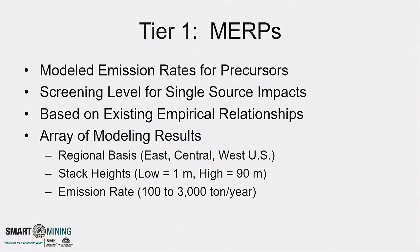So modeled emission rates for precursors were what were developed by EPA in response to this requirement. And basically what they aim at is a screening level for single source permit applications. That is, that you can take the emissions from one source and make an estimate of what the impacts are downwind from the SO2 and NO2 emissions. And the point, again, is, as was allowed, it's based on existing empirical relationships. That's a modeling study that was done that's relevant for the area you're proposing,